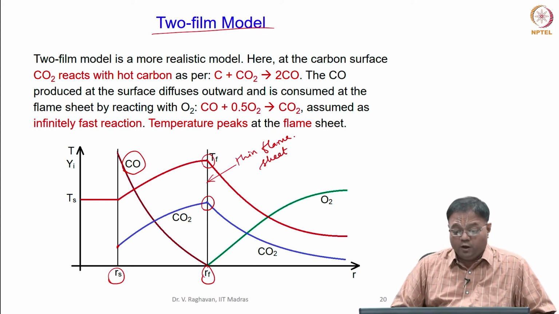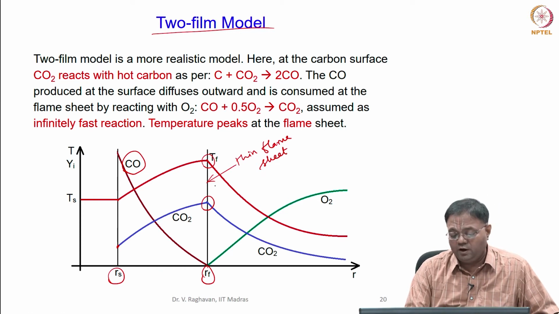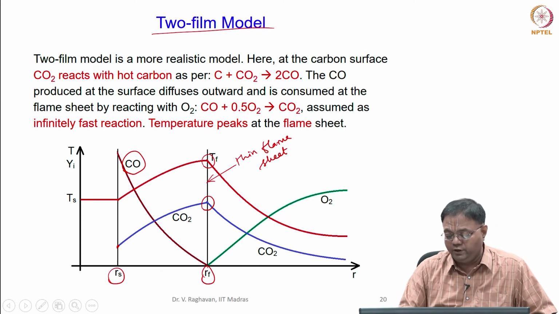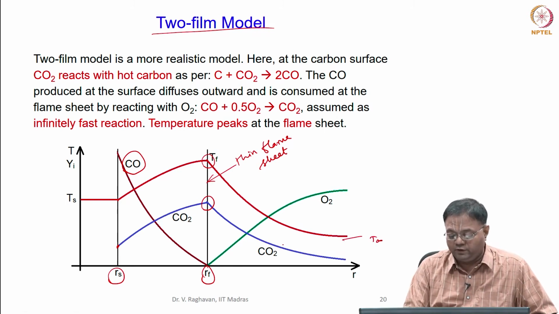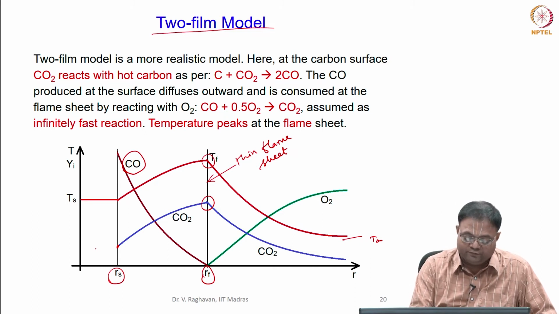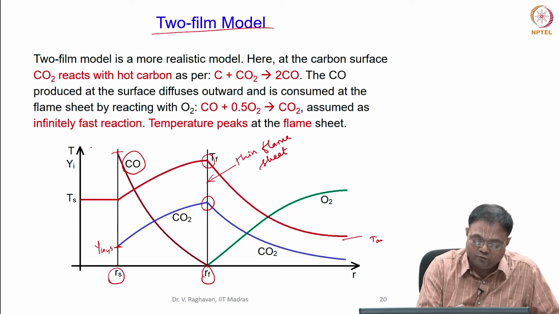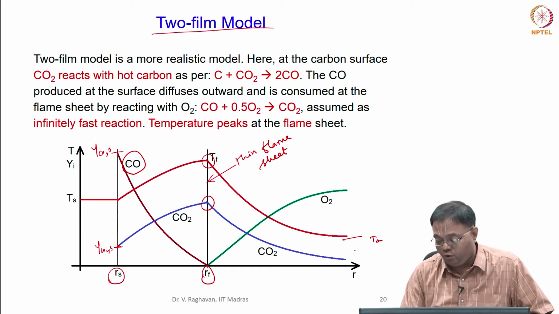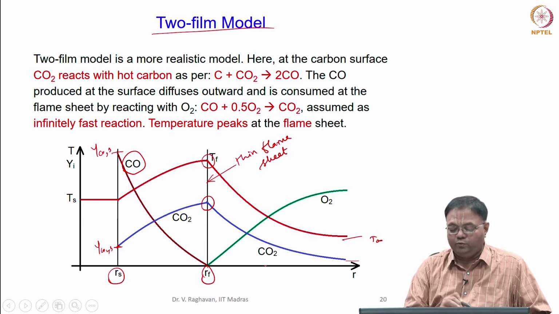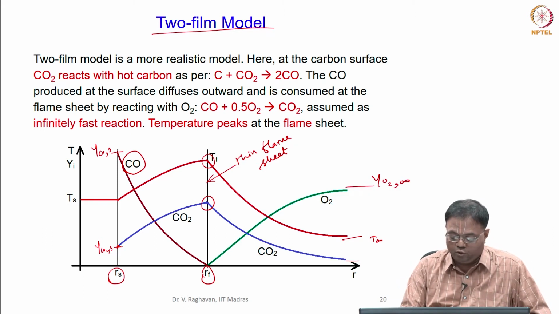Okay, now the temperature diffuses towards the surface, say Tf and Ts. So, that is the profile here, and in the ambient it decays to the ambient temperature. So, this will be the T infinity here. So, now carbon dioxide goes to ambient as well as it reaches surface. So, this will be the CO2 at the surface, that value, okay, and this is the Y CO at surface. Okay. So, this is Ts what I put here. So, now CO2 goes to a low value here. Oxygen from the Y O2 infinity goes to a 0 value at the flame.